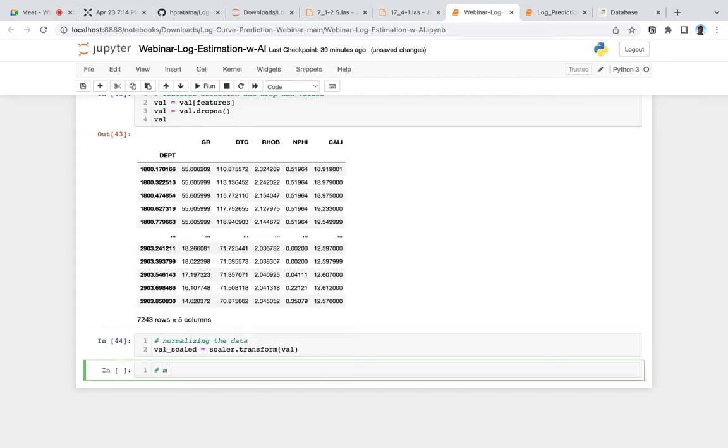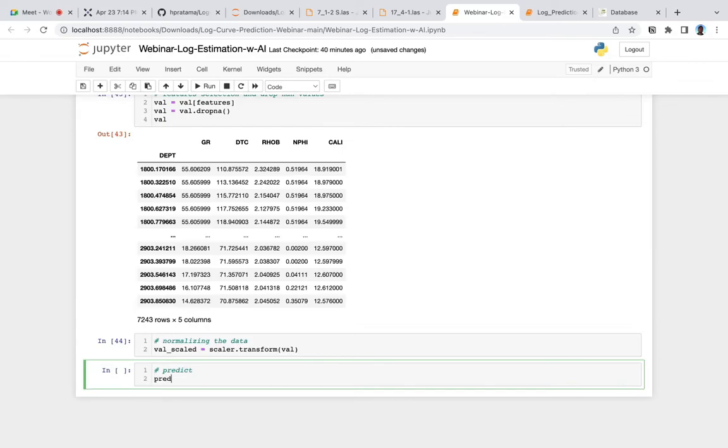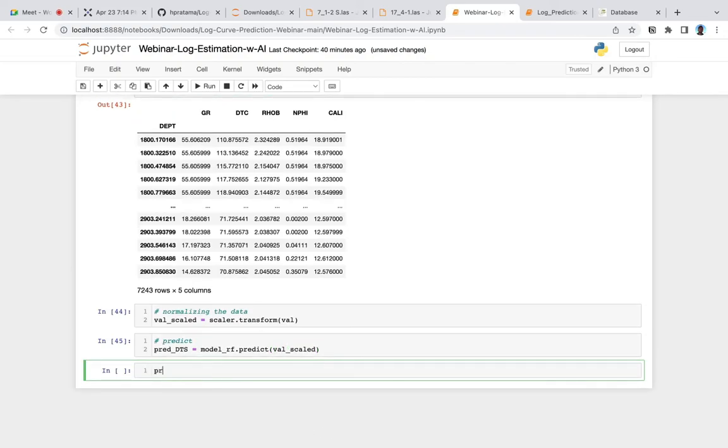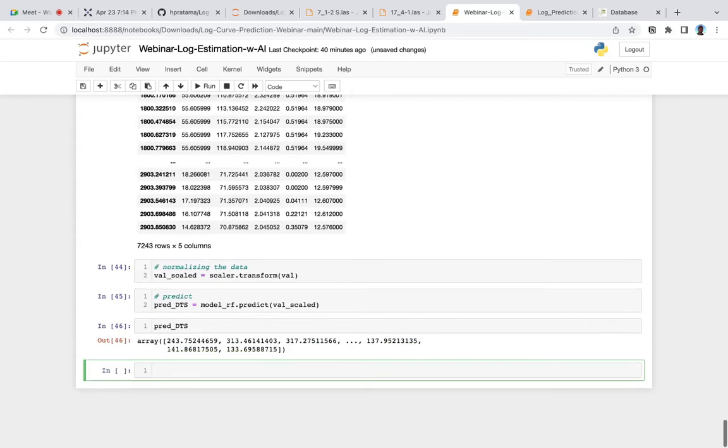Then we want to predict the DTS value. DTS equals model. We want to use the RF, the random forest, to predict on the scaled data here. Okay, then we get the predicted DTS.